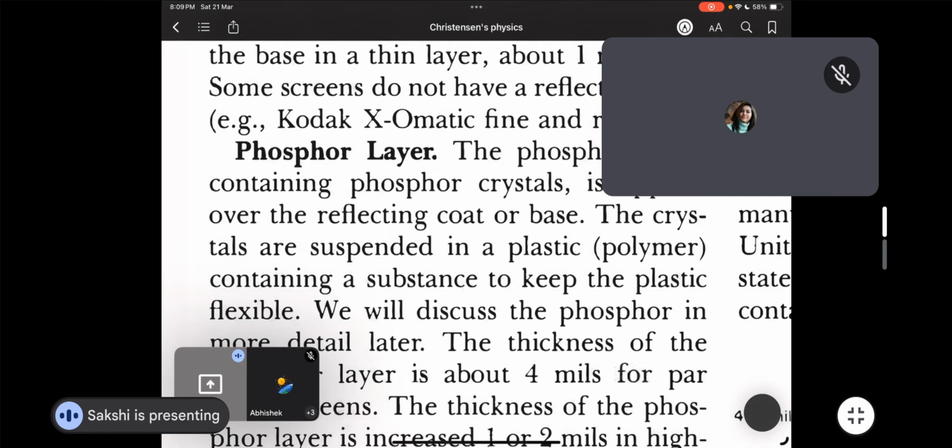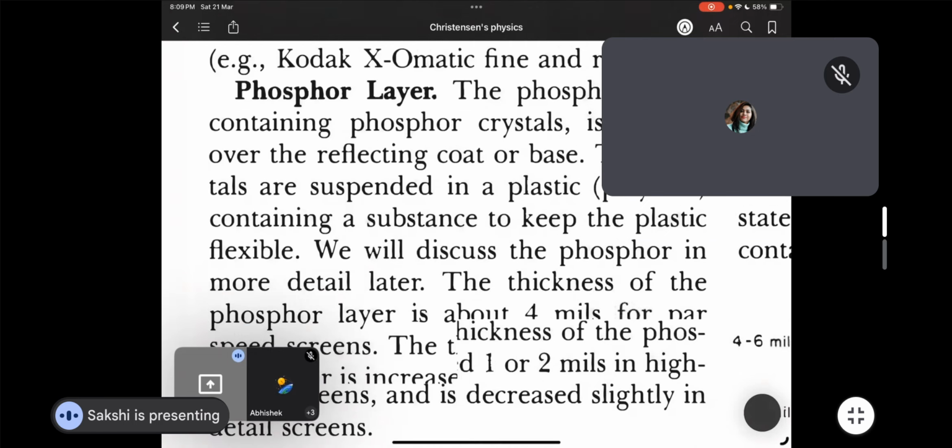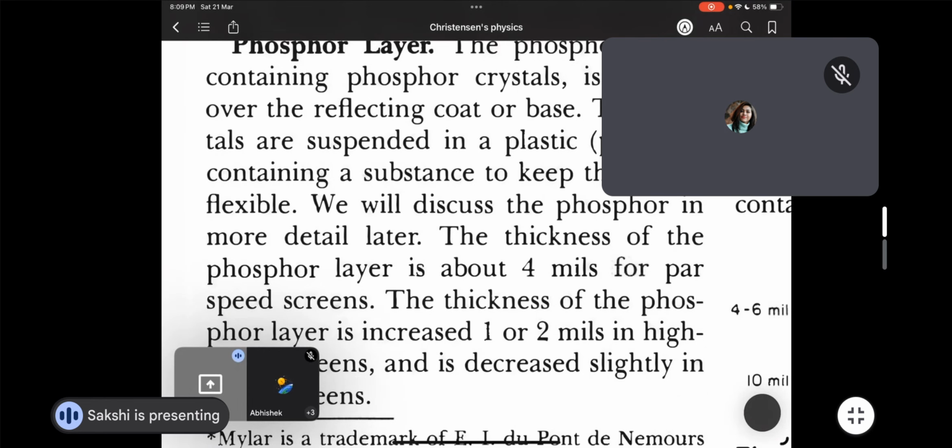And the shape of the crystal matters a lot. That we will come to later on. Shapes can be in the form of cylinder. Different forms are there. So we will study about it later on. So the plastic is flexible, that is why we are using it. Crystals are not flexible, right? The plastic is flexible. So using that flexibility, we are storing the crystals in the plastic, so that ultimately that film, that screen we are constructing should be flexible.